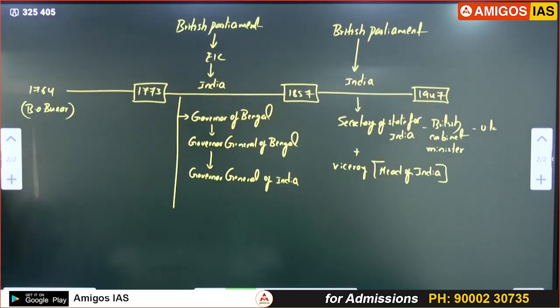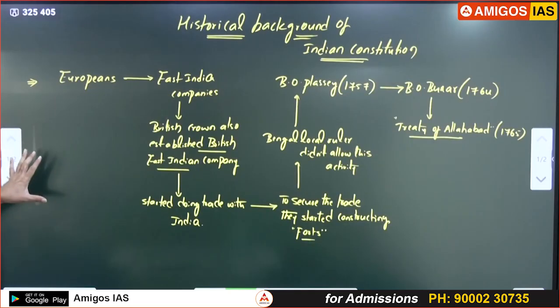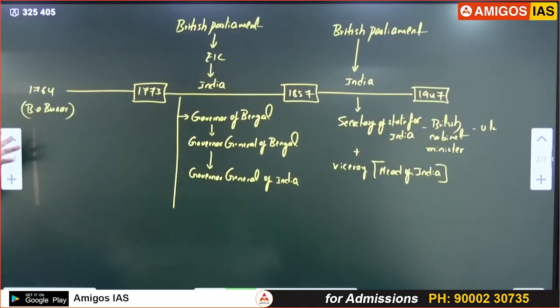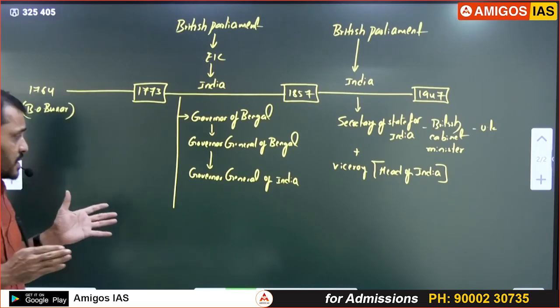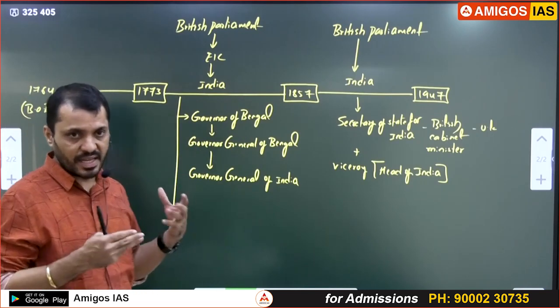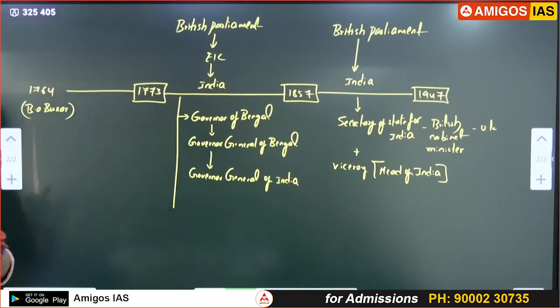Done? Okay? Now, listen students. So far we discussed how these East India Companies came into existence and the administration pattern between 1773 to 1857 and 1857 to 1947, what was the administration pattern and important officials and their naming, so that as we refer in coming classes, you don't get confused.